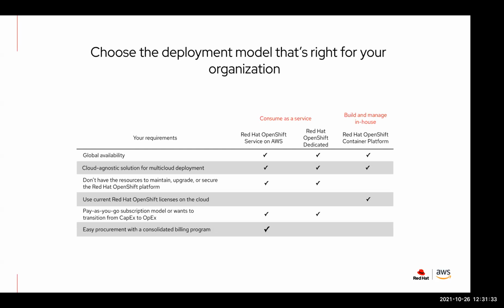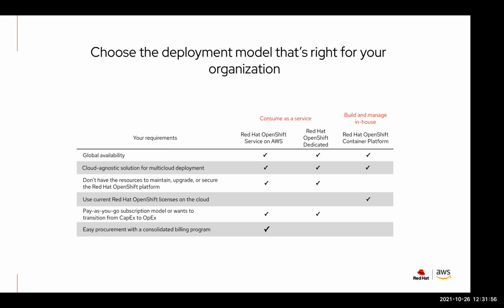You want to lean on Red Hat and AWS's experts to really manage this for you. That's where OpenShift Service on AWS or OpenShift Dedicated running on AWS, a managed version of OpenShift, really can come into play. And again, I would say the largest reason, other than